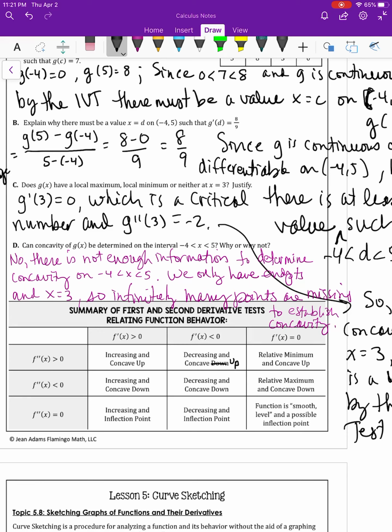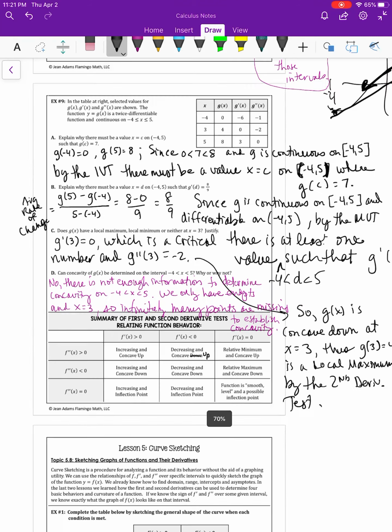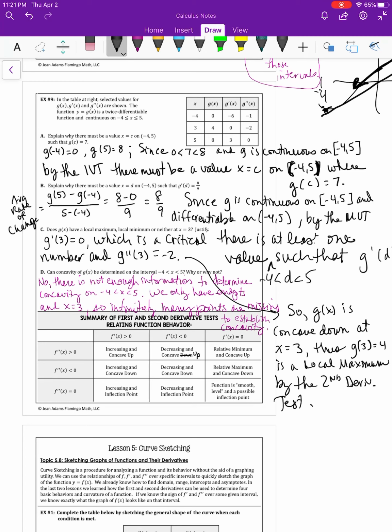If our first derivative is 0 and our second derivative is positive, we have a relative min because it's concave up. If your first derivative is 0 and your second derivative is negative, you have a relative max because the function is concave down. And then if you have first derivative 0 and second derivative 0, the function is smooth, level, and a possible inflection point. All right, we finally got through our